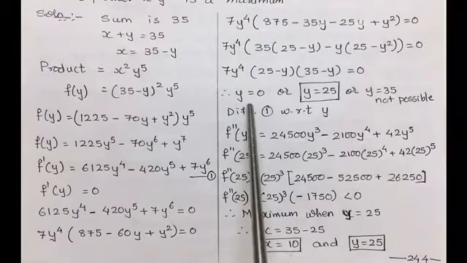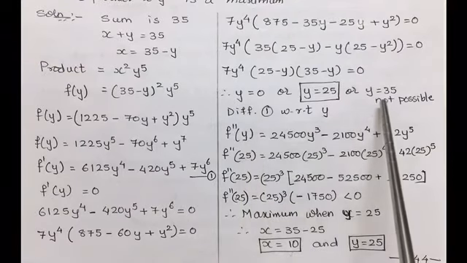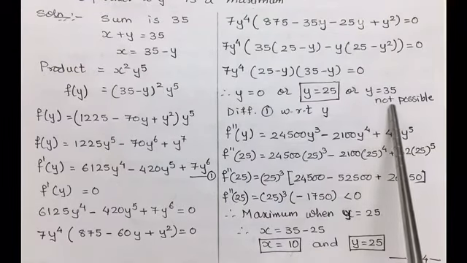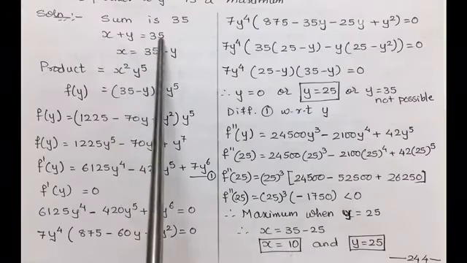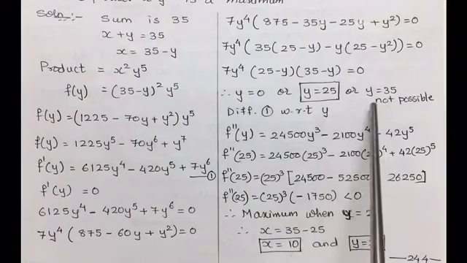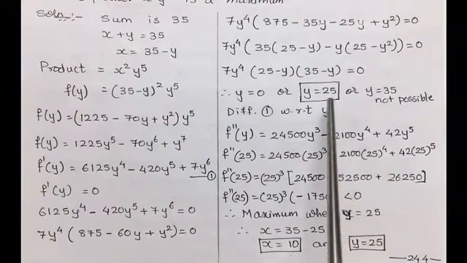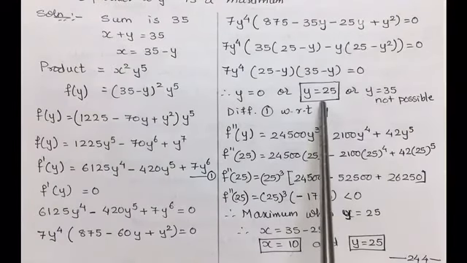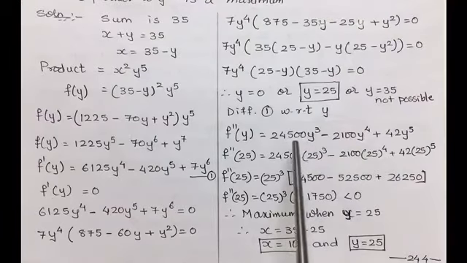y equal to 0 is not possible and y equal to 35 is also not possible. Reason, the sum is equal to 35, so we cannot take y as 35. So the only possible value of y is 25. Now to maximize it,